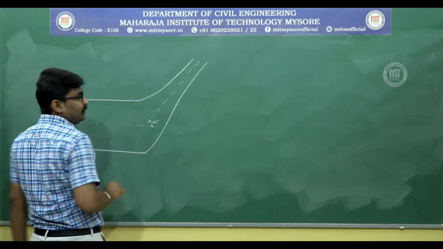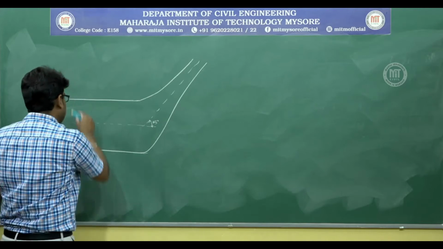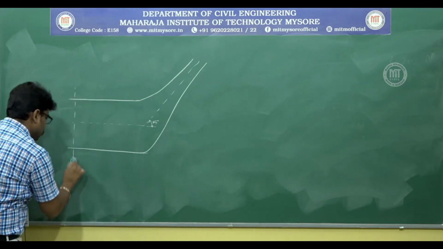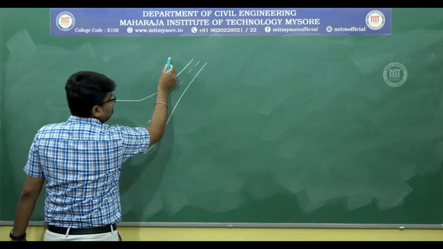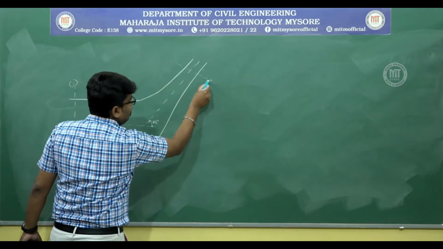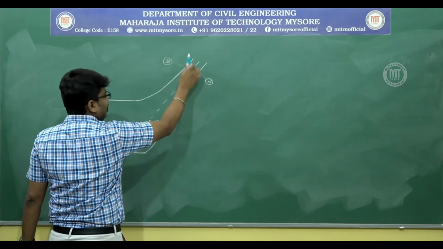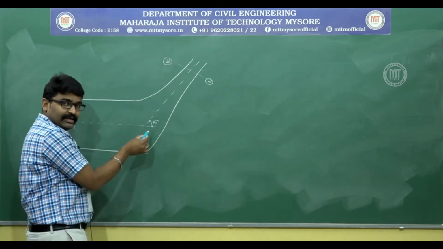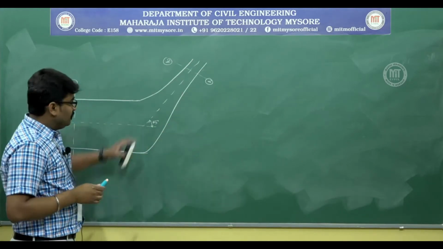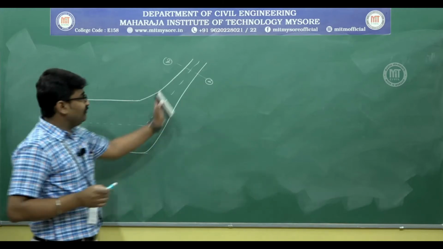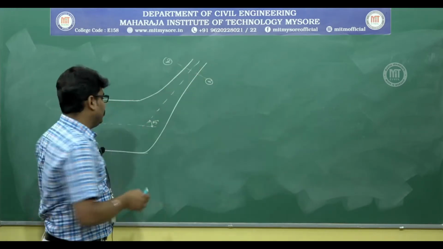So this is the pipe bend that we are looking at. This is section 1. This is section 2. Basically, section 2 need not be taken here. Section 2 has to be taken at the bend itself, but this will become very cumbersome. So I have shown the section 2 at the end.